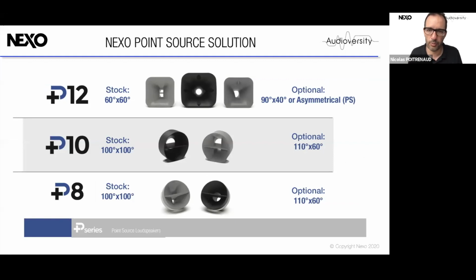So for example, P12 comes by default as a 60 by 60, but you can expand the coverage of the P12 by using optional horns, which are magnetic. So you don't need any tools to open the grill, you don't need any screwdriver to remove the horn. This is a magnet, and you put the horn on the HF driver, and you can access 90 degrees by 40 degrees,